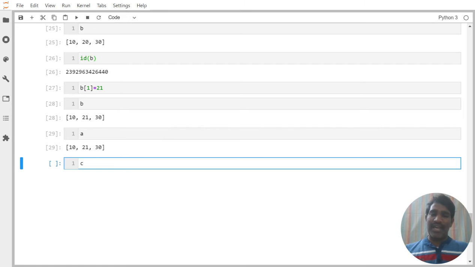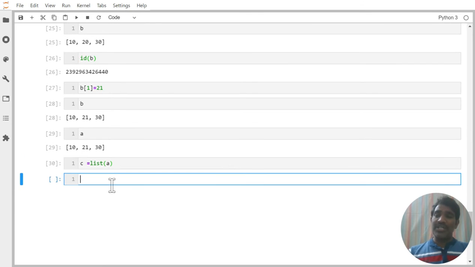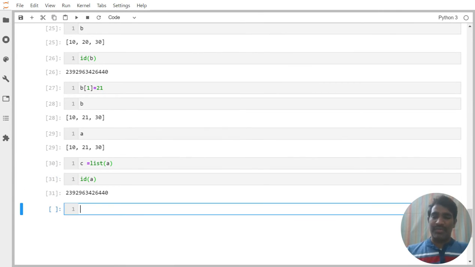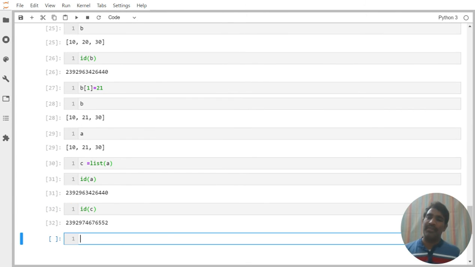Whenever you are creating some object, use list of a. If you use list of a, now notice the ID of a we already have. Then is the ID of c the same or is it showing differently? It is different, which means separate memory is created.